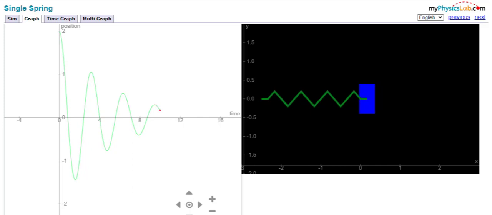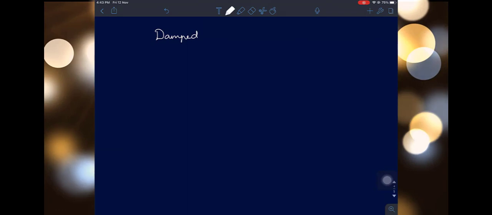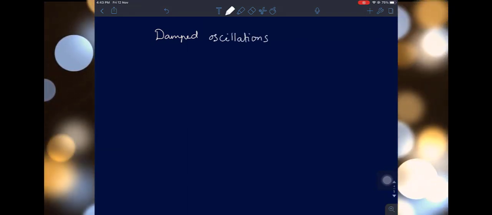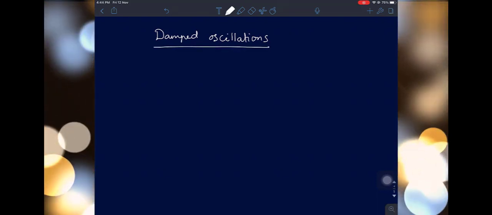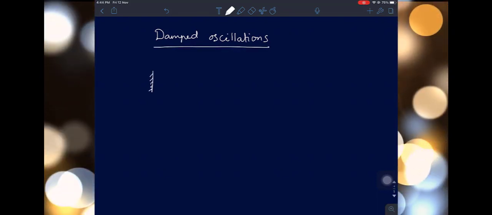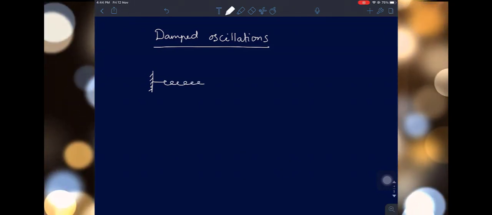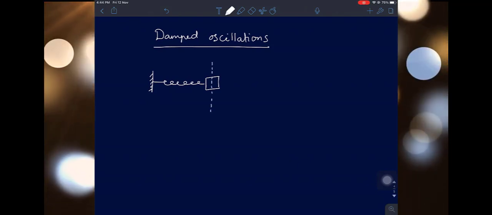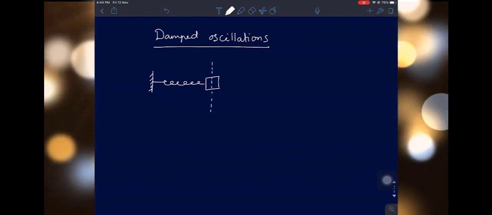Damped oscillations has three cases. You are watching one of the cases. Let us learn all the three cases in detail. To learn about damped oscillations, let us take an example of a spring mass system